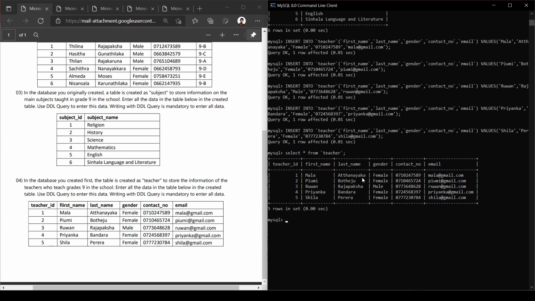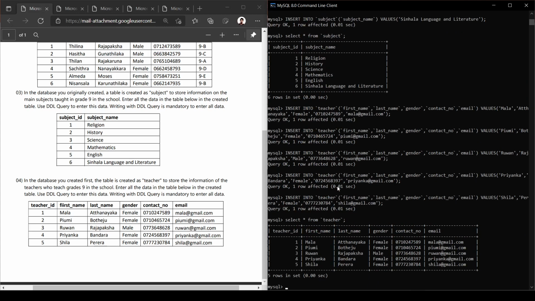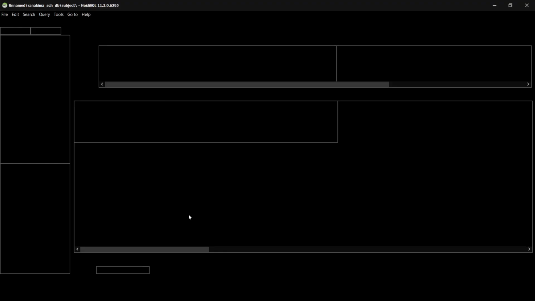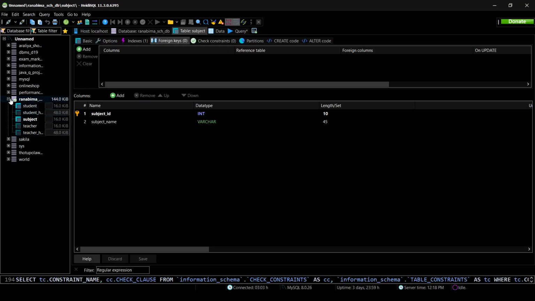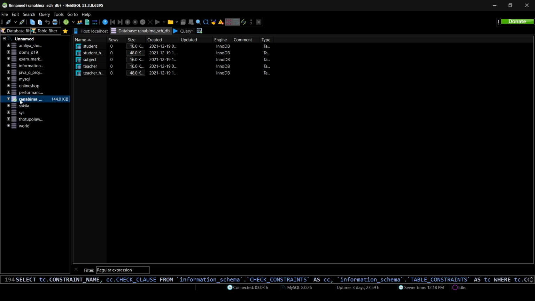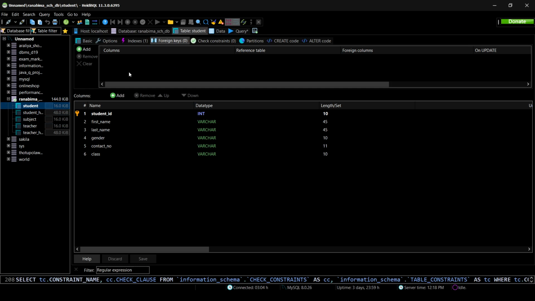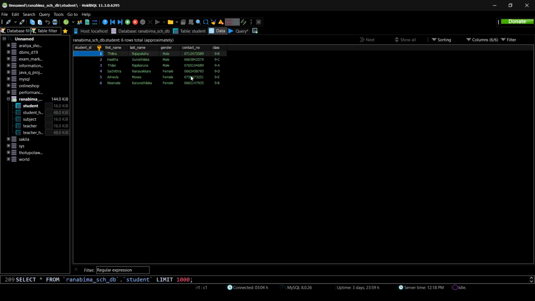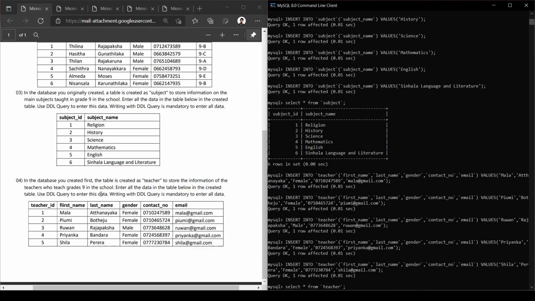Okay, here these are the data in our teacher table, and let me show you the details graphically using the HeidiSQL browser. And in the student table, these are the data you can see, and subject table, these are the data, and in the teacher table, these are the data. So I think we complete the